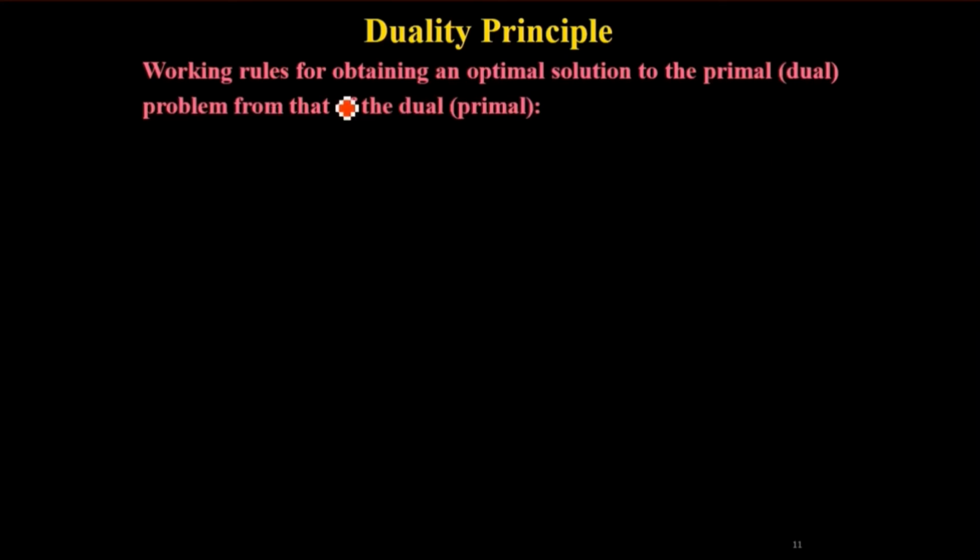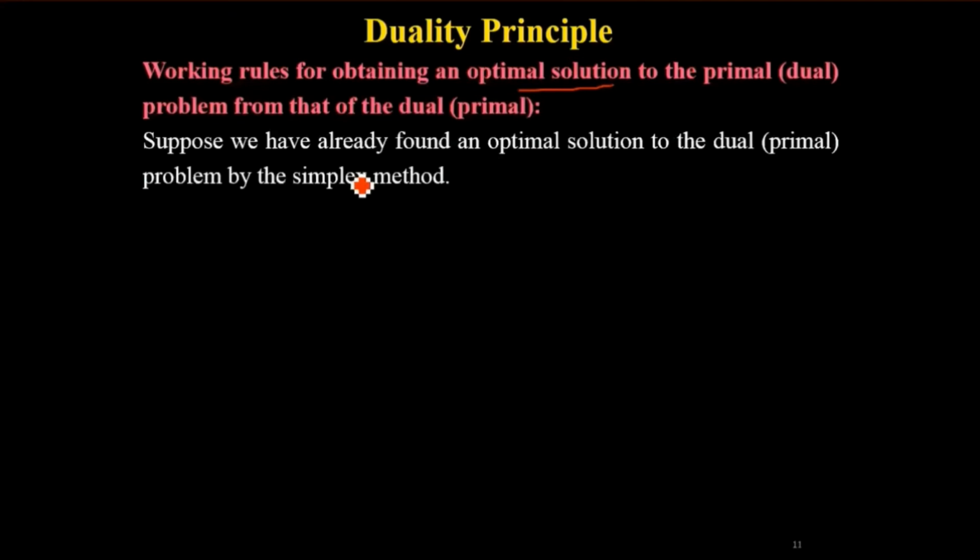Now we will see what is the working rule for obtaining an optimal solution to the primal problem from that of the dual, or dual to primal. What is the working rule that we are going to discuss? Suppose we have already found an optimal solution to the dual problem by the simplex method, or the primal problem by the simplex method. Understand, for any one of the problems you have found the optimal solution from the simplex table, primal or dual, then